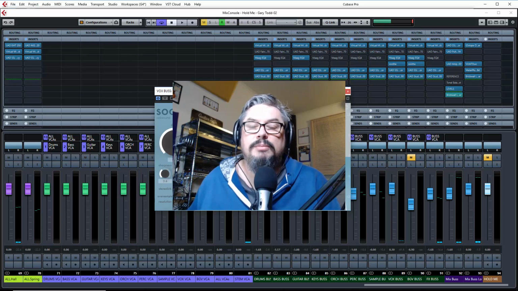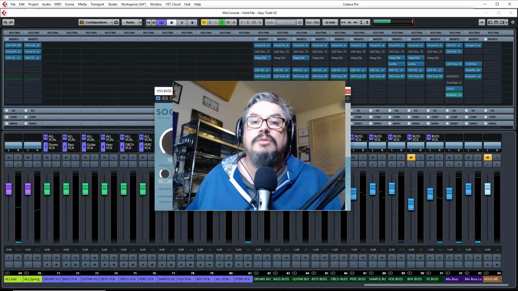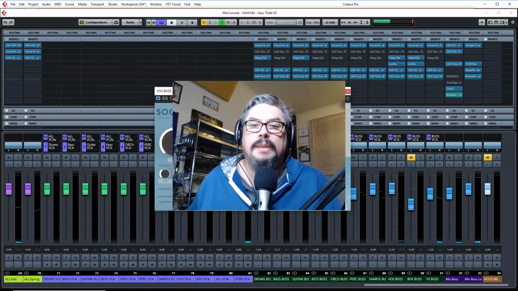So it's a very interesting plugin. I haven't used it too many times, but I've used it a couple of times on a couple of mixes now and got some pretty good results. So I'm sort of liking what I see at the moment, but time will tell whether I continue to like it going forward. But sometimes controlling those annoying high frequencies in vocals can be one of the toughest things to get